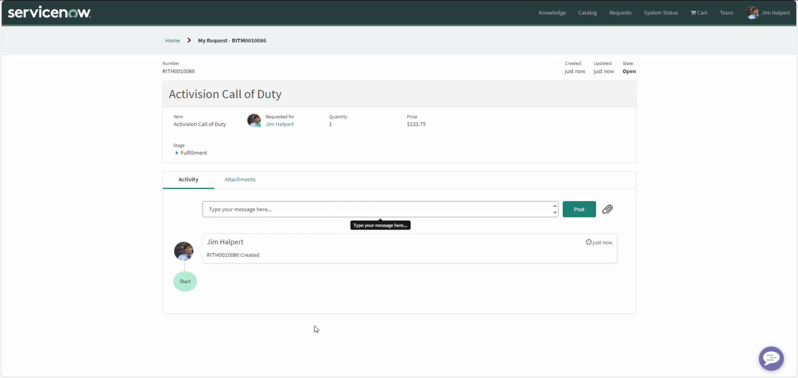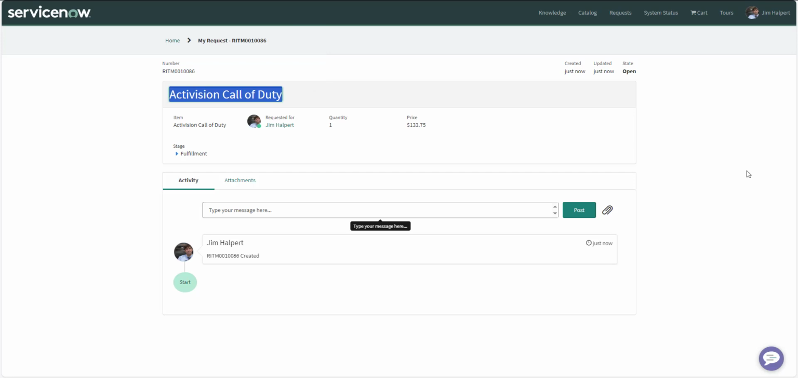Now we're going to switch personas and log in as the IT administrator, or the IT manager, or the software asset manager at Dunder Mifflin, to see some details about the software model Activision Call of Duty, to see what's available by way of software licenses today. Do they even need software licenses? Is this free software? Is it paid software? We'll look at all that information behind the scenes,